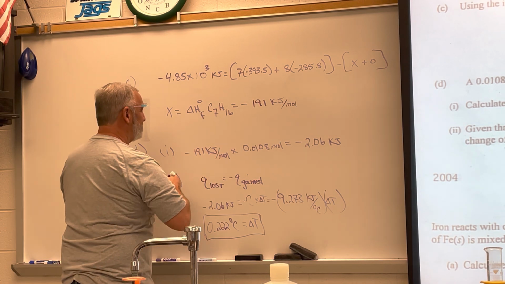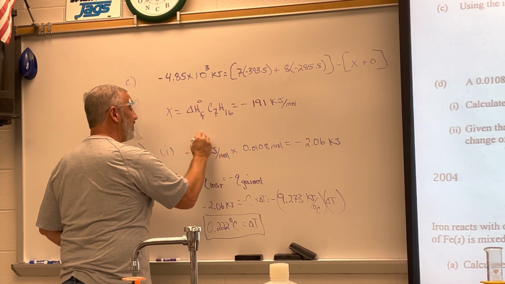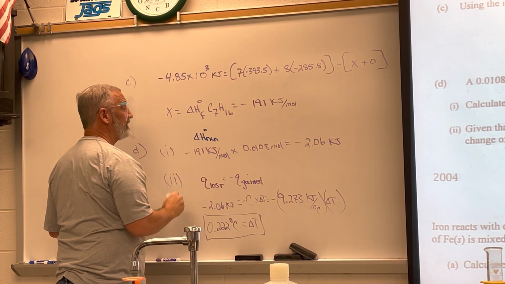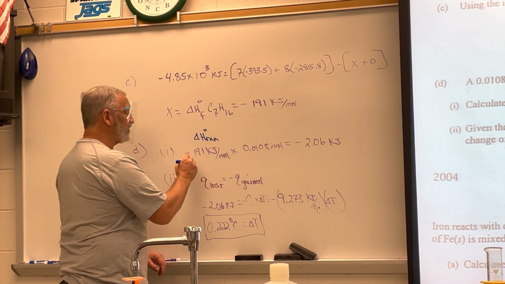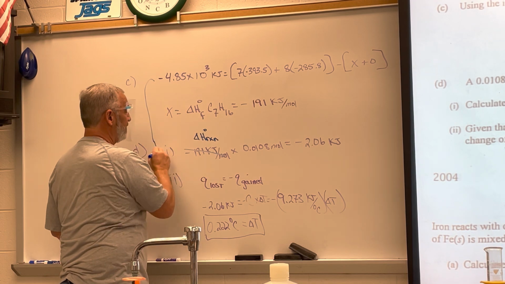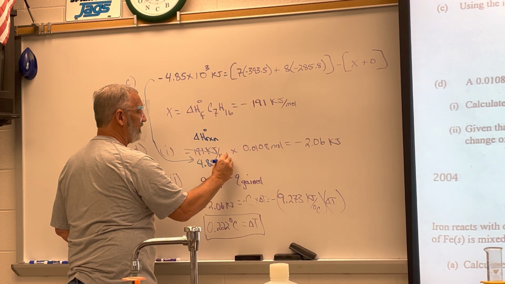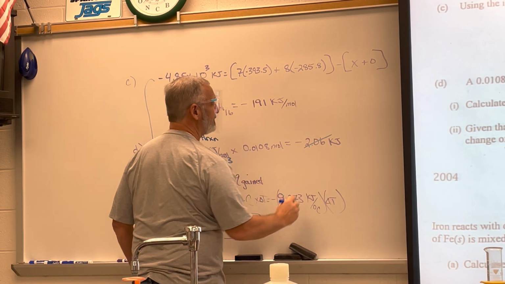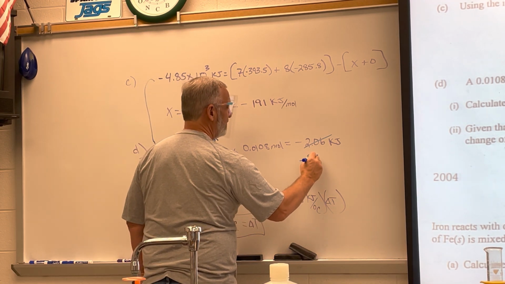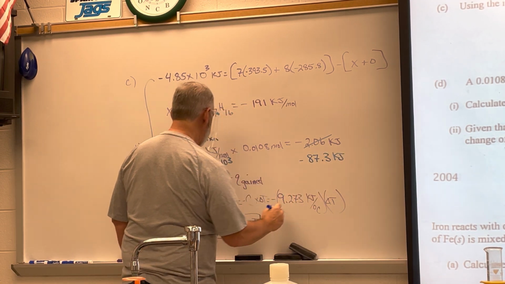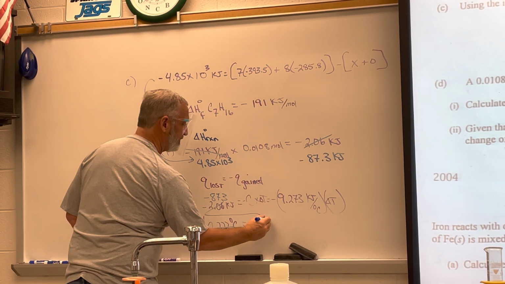This right here is the delta H of reaction. It's supposed to be the delta H of the reaction. But what did I put in there? The delta H of formation. I need to be using that number in here. 4.85 times 10 to the third, which then changes this number, Emmy, to what? I have -87.3. Okay? So then that number comes down here to -87.3, which changes this number to equal